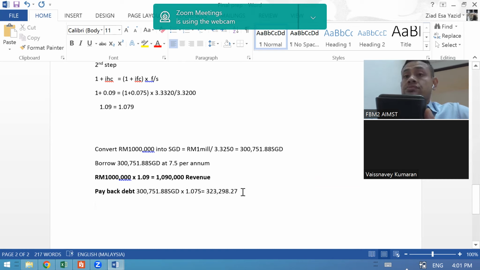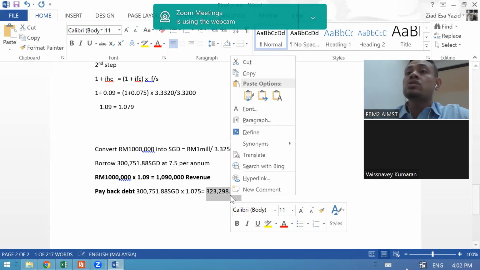Now you are paying your debts back. You want to know your revenue. So you already get your 1.090 million revenue in terms of ringgit when you invest in Malaysia. Now you need to pay back your debts that you borrowed from Singapore. The debts after 1 year is 323,298.27. And then how many ringgit should you pay? So you convert, in terms of forward rate, 323,298.27